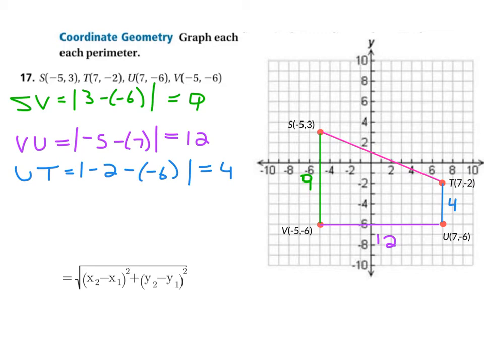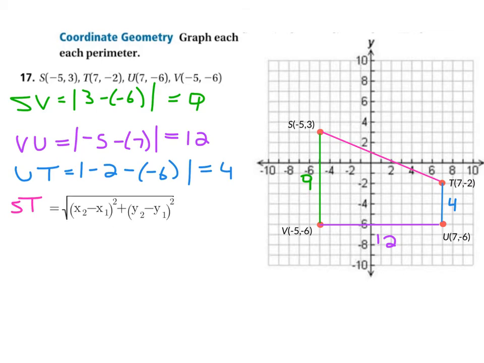S to T is equal to this right here. And so for S to T up top, you can see that I'm going to label point S as point number 1, so that's the x coordinate of point 1, the y coordinate of point 1, and T is point number 2, so that's the x coordinate of point 2 and the y coordinate of point 2. So when I substitute in here, I get the square root of,